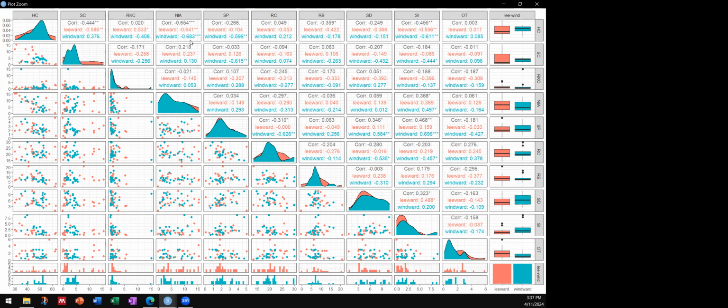And it seems like the correlation was quite strong between these two. And then these are the color separation, and this is the histogram data, frequency data distribution. And this is the box plot differences between leeward and windward. So this represents a whole complete set